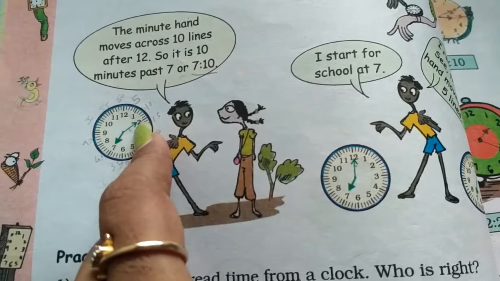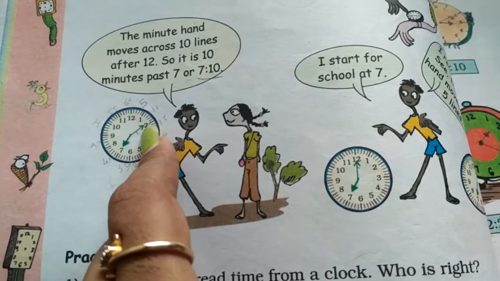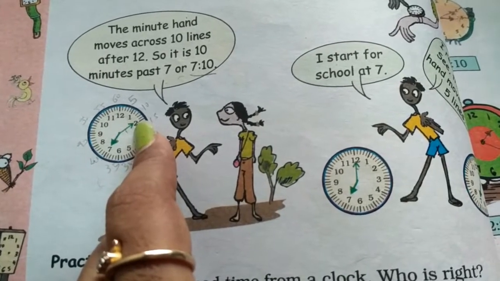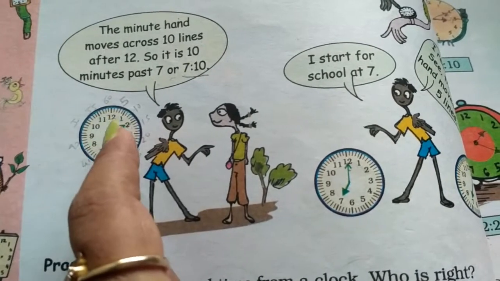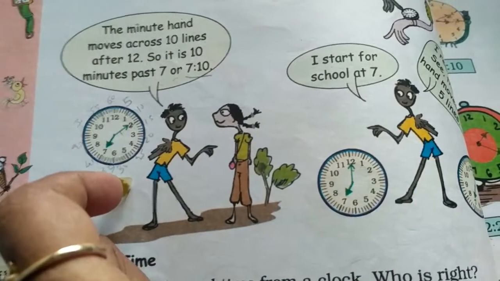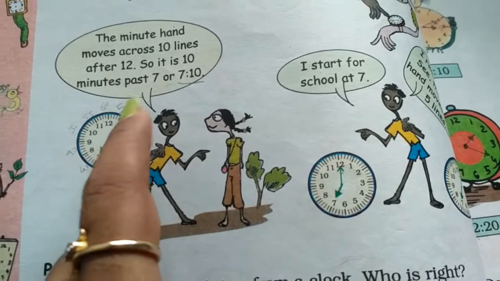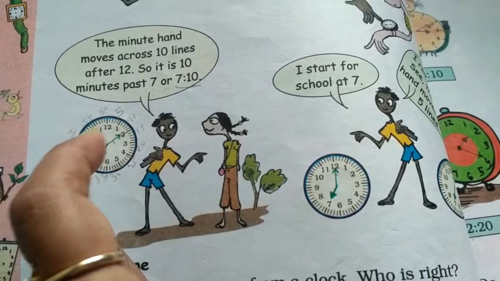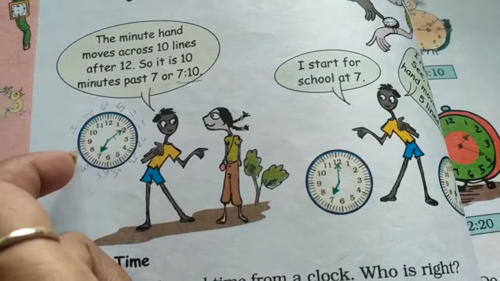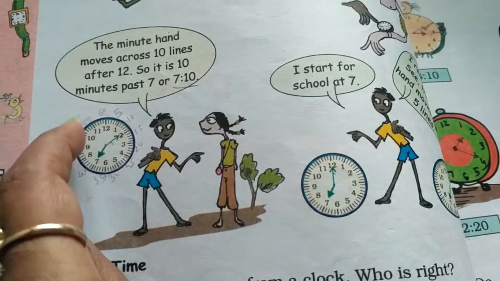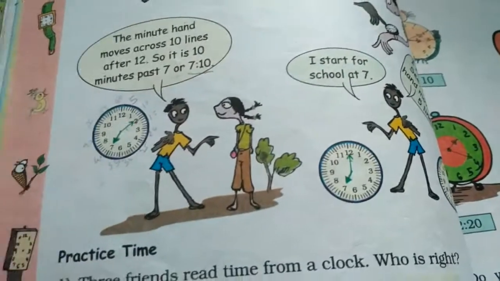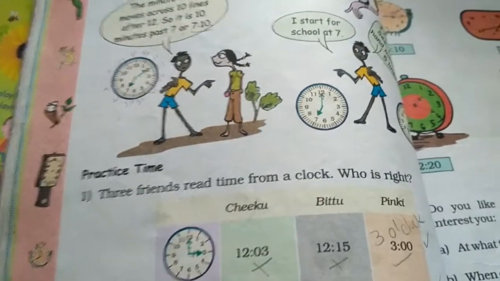Okay, so whenever you have to point the minutes to that particular number, how will you identify that? That's super easy. What you have to do, you have to multiply that number by 5 and then you will get the minute quickly. 1 5s are 5, 2 5s are 10, 3 5s are 15, 4 5s are 20, 5 5s are 25, 6 5s are 30, 7 5s are 35, 8 5s are 40, 9 5s are 45, 10 5s are 50, 11 5s are 55, and 12 5s are 60. So this way you will remember. That's the easiest way and the quickest way.